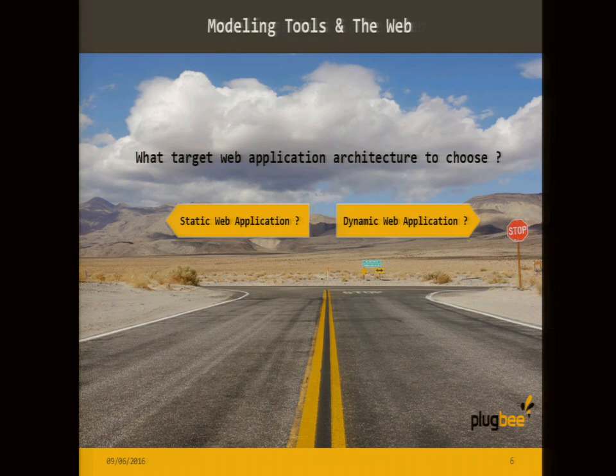So when I started implementing this, I fell into a dilemma. In the IT world, at least, there is a common agreement that web applications are of two types. Let's say you have static web applications, which are applications that run mostly on the client side. These are mainly HTML and JavaScript, so you use JavaScript as a virtual machine somehow in your browser.